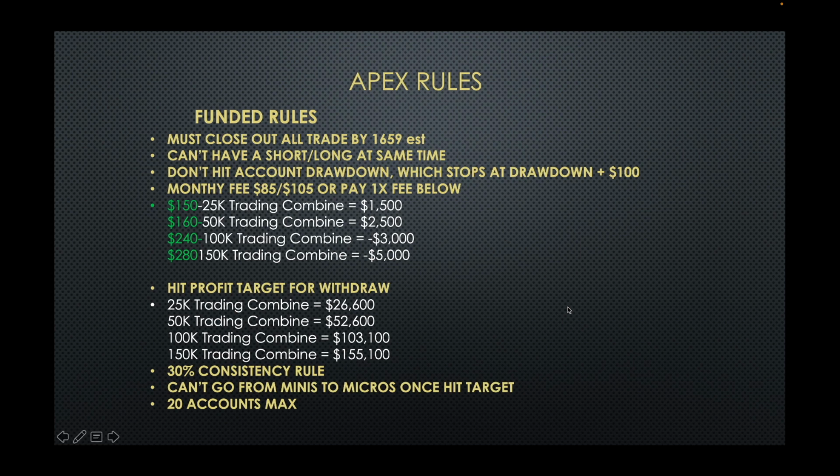On the flip side of that, people will say, well, my drawdown's spread out over 20 accounts. No, it's not. Because whatever you lose in one account, you lose in every account. So if you blow one account, you blow every account. It's not spread out. You blow those accounts. So the only real benefit of linking it is if you know you're going to be doing good, your profits are going to be 10 times, 20 times, however many accounts. So that's a benefit.